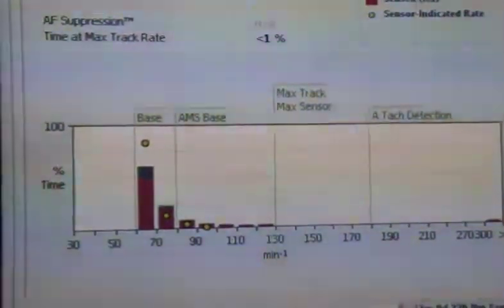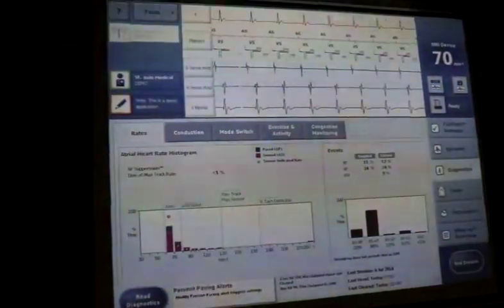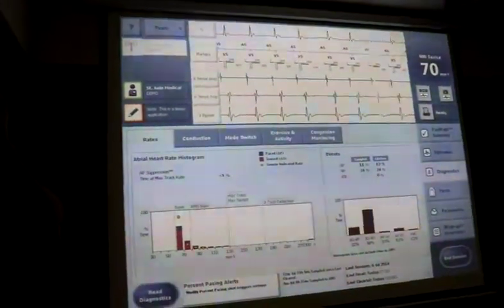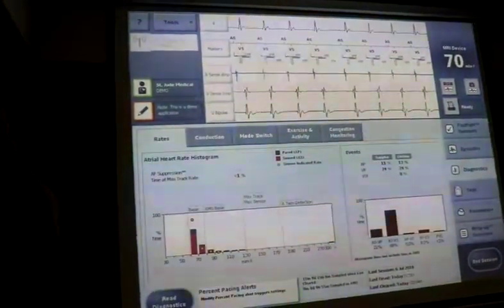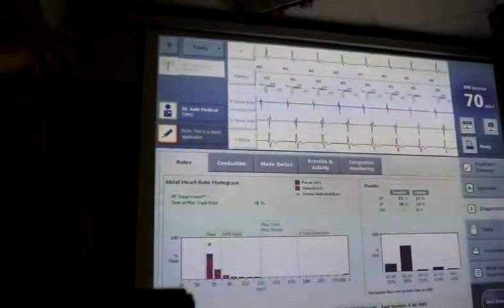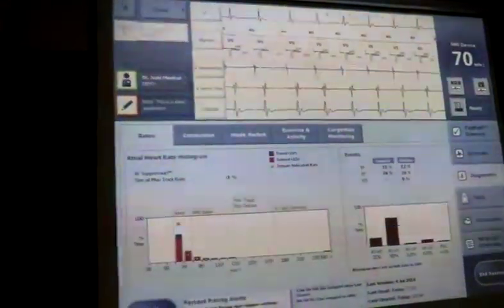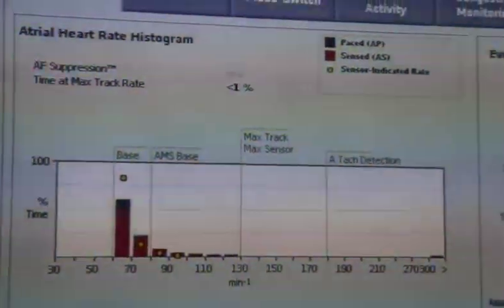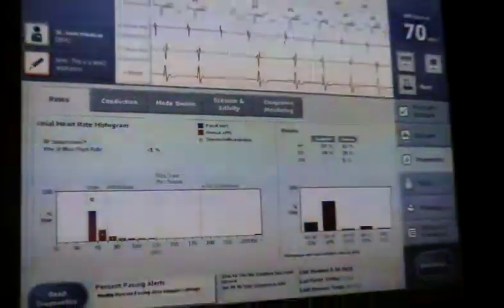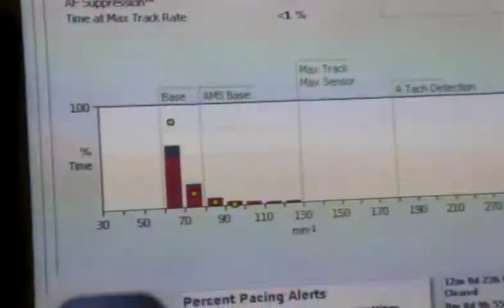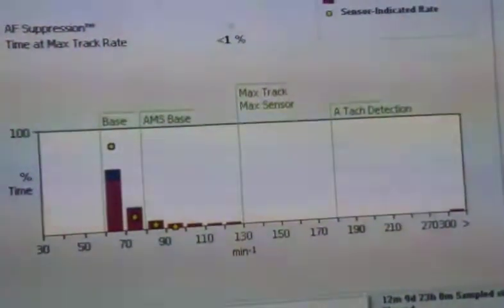I always would put it on passive. It doesn't cost any energy, but it gives you some potentially useful information should the patient start to develop SA block or SA nodal disease. And also in your CRTs, it's really useful, because the sensor will tell you what it thinks the heart rate should be most of the time, and if your atrial rate is far to the right, then that probably means they're not taking their beta blockers, right? So if the device is saying 80–90% of the time they should be between 60 and 70, which is probably what most heart failure patients should be if they're beta blocked properly,